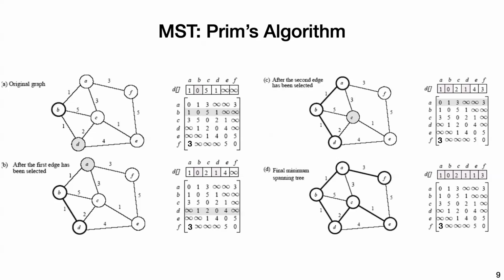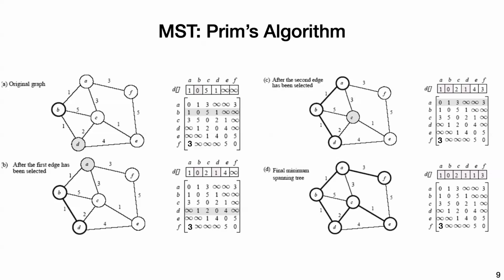There are two mins. One is you take the min of the row in the adjacency matrix, the entries in the row, with the distance vector. So for example, here this was 5 originally, and now this becomes 2, because the min of 5 and 2 is 2. And similarly here, this was infinity, we compare infinity with 4, and 4 becomes the new min. So this is the updated distance vector for the first round, and we selected D as the next thing to add into the MST.